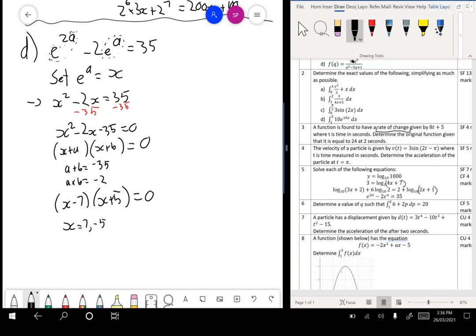So I can say, I now know what x is equal to, so I can replace x with e to the a again. So I can say, therefore, e to the a equals either 7 or negative 5. I can, however, ignore the negative. The reason why is because e is a positive number. There is no way in this universe to take a power,